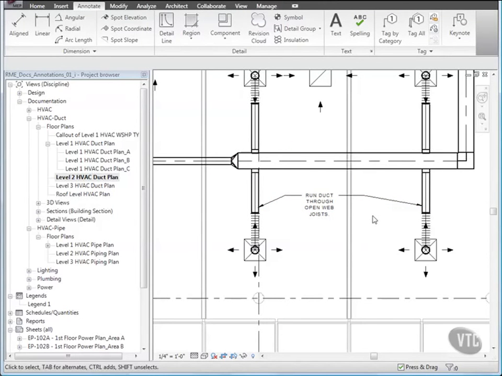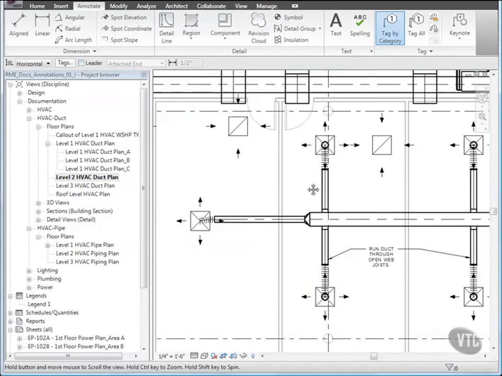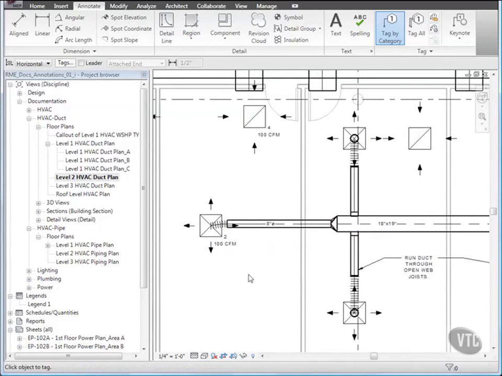From the Tag panel, click Tag by Category. On the options bar, clear Leader, then select a supply diffuser, a return diffuser, a segment of round duct, and a segment of rectangular duct. Notice the information on each tag varies according to the category of element, and tag the remaining diffusers in the